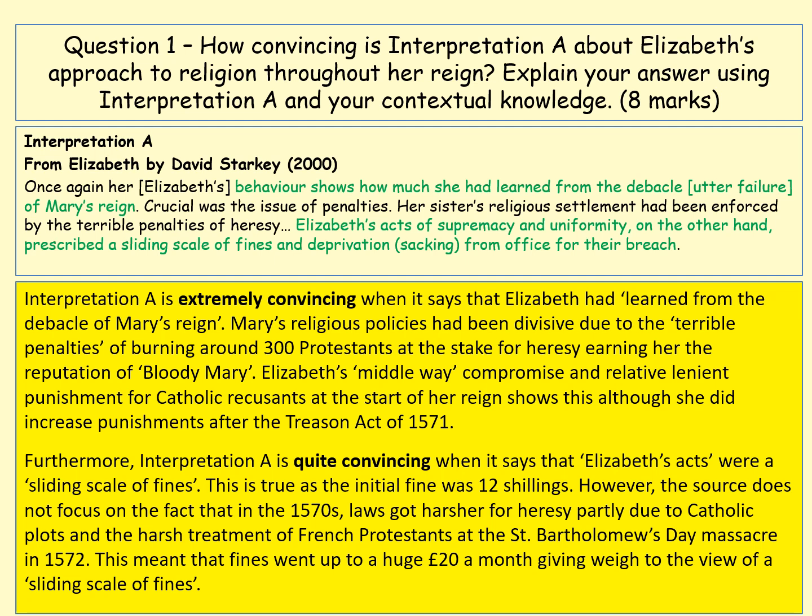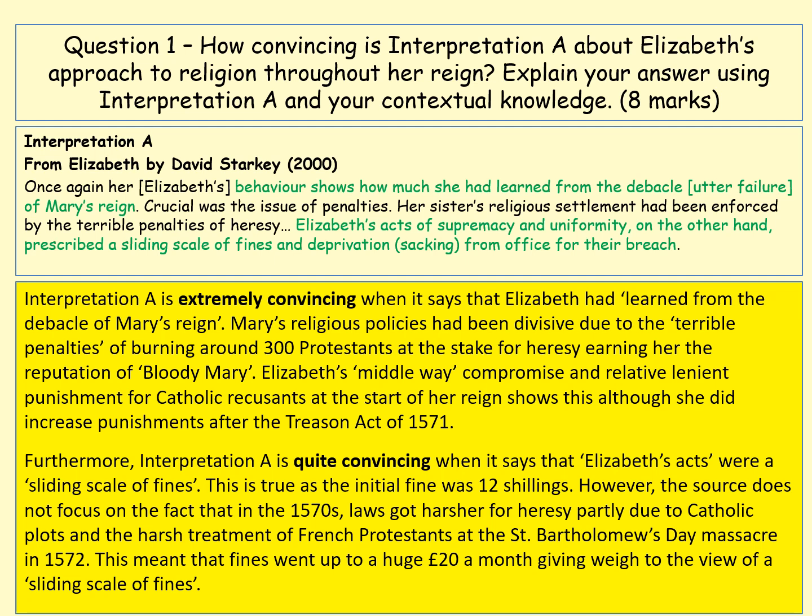And we'll just look at that first paragraph where it says interpretation A is extremely convincing when it says that Elizabeth had learned from the debacle of Mary's reign. And this is then when you bring in your own knowledge, your contextual knowledge. Mary's religious policies had been divisive due to the, quote, terrible penalties of burning around 300 Protestants at the stake for heresy, earning her the reputation of Bloody Mary. Elizabeth's middle way, compromise, and relatively lenient punishment for Catholic recusants at the start of her reign shows this, although she did increase punishments after the Treason Act